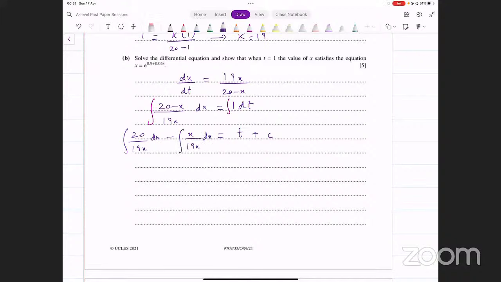ठीक है, 2 पार्ट्स में ब्रेक कर लिया। Now what about the first one? 19 का इंटीग्रल, 19x का डेरिवेटिव क्या होता है? 19 होता है। हमें ऊपर न्यूमरेटर में 19 चाहिए, तो हम क्या करेंगे? 20 को बाहर लिख लेंगे, ठीक है। अंदर हम 19 लिख देते हैं, अंदर बेसिकली 19 से मल्टीप्लाई कर देते हैं। But when we multiply with 19 inside, तो उसको बैलेंस करने के लिए क्या करेंगे? बाहर 19 से डिवाइड कर देंगे। This is what we got. अब ये हमारे पास लॉग फॉर्म आ गई इंटीग्रल के अंदर।